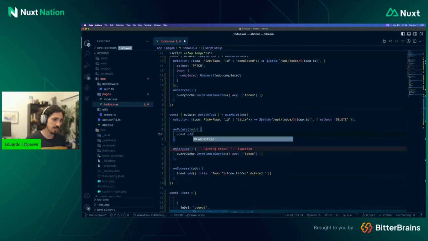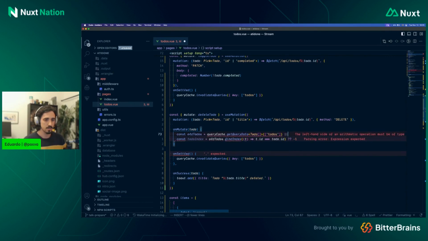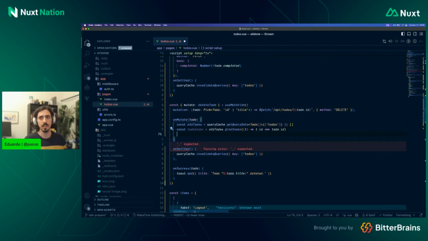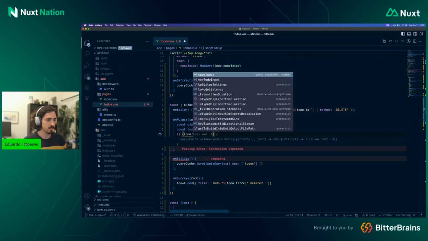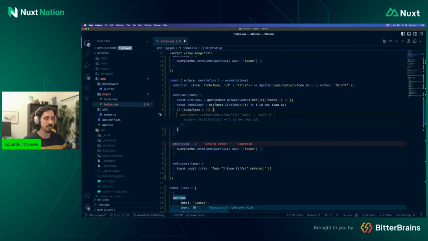So the first thing is going to be the old to-dos, and we're going to use another function of the query cache. We're going to get the query data of the to-dos. Then we're going to try to find the index of the one missing there. So here I notice that we can instead use an empty array if there is nothing. Yeah, you don't need -1. And so then we're going to check if the to-do is there. So if the to-do index is not -1, we're going to update,